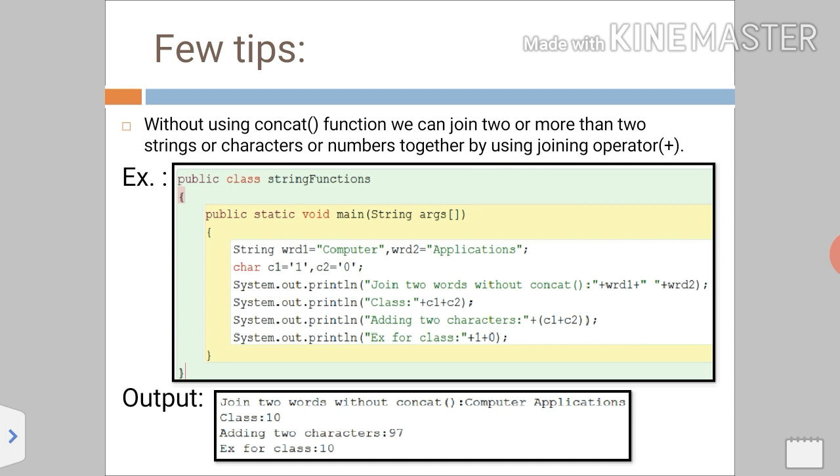It means 48 and 49 should be added together. And we are getting 97. And if we want to join digits together, we are able to if we are joining them with a string, because everything added with a string is joined together. That's why 1 and 0 are joined together and become 10. If I am placing brackets, then it returns us 1.